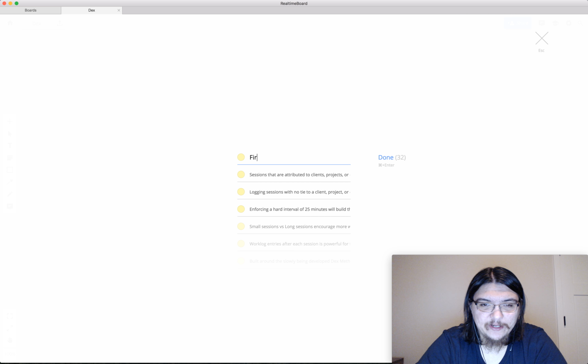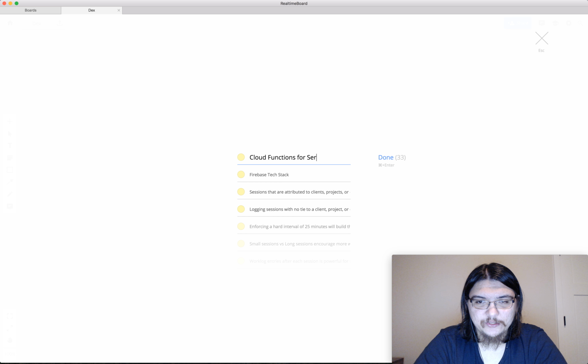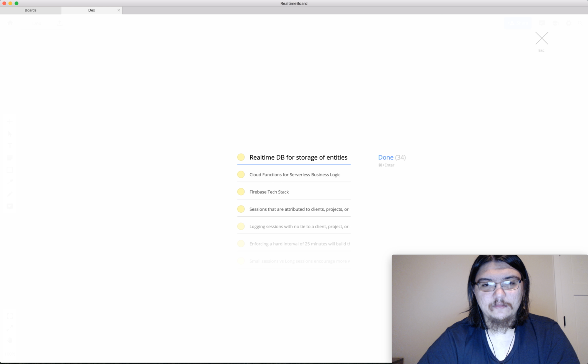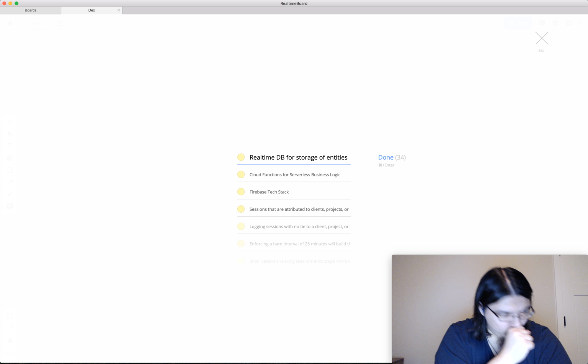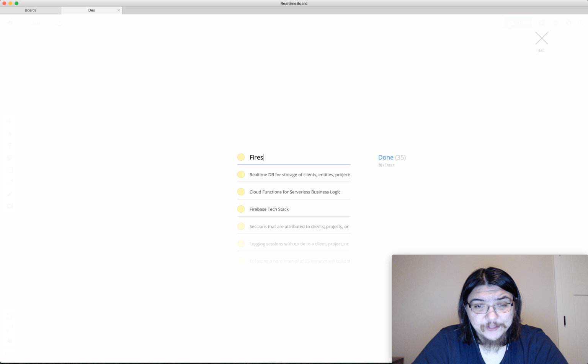So I'm running Firebase. Tech stack: cloud functions for serverless business logic, real-time database for storage of clients, entities, projects, users, etc., and Firestore for storage of